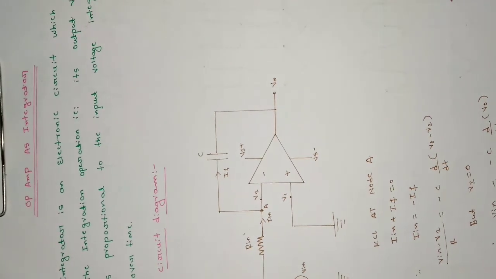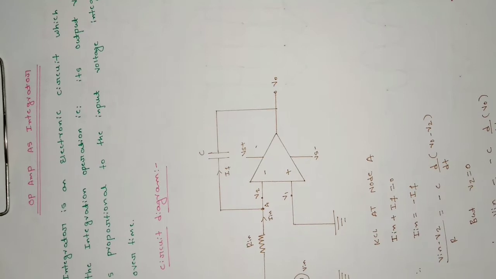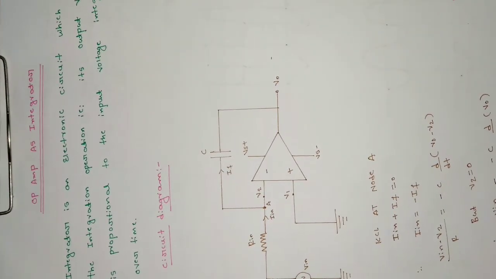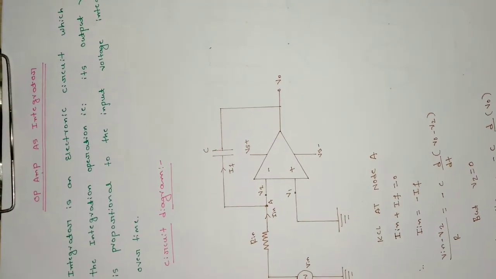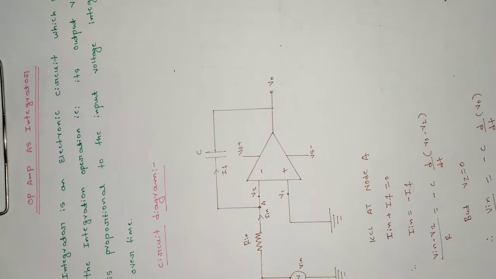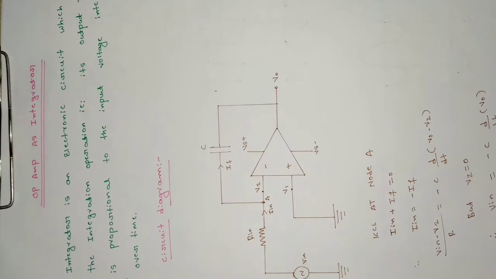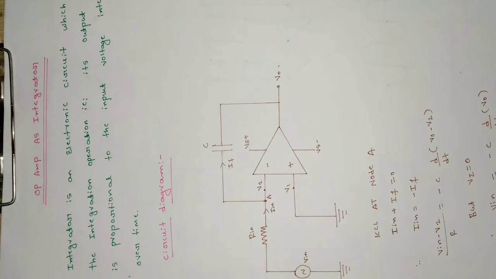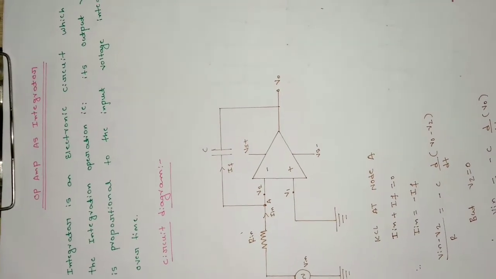So we have some voltage which is varying over time. If we consider a span of 10 minutes, then up to 5 minutes the voltage is 5 volt, and after 5 minutes it suddenly becomes 7 volt, or 6 volt if it changes. So what will be the voltage at the end? That we can calculate with the help of an integrator, because it will be adding the voltages over the time period, that is a 10-minute window in this case.